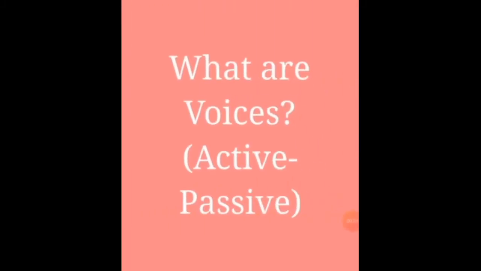Now, what are voices? In English grammar, voice is the way you choose to say something or express something. For example, you may choose to be direct, concise, and to the point by saying, I am watching this video. That is your active voice. Alternatively, you may choose a neutral or indirect way as an observer and say, the video was being watched by me. That is your passive voice.